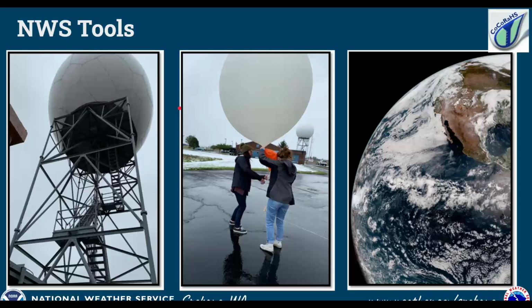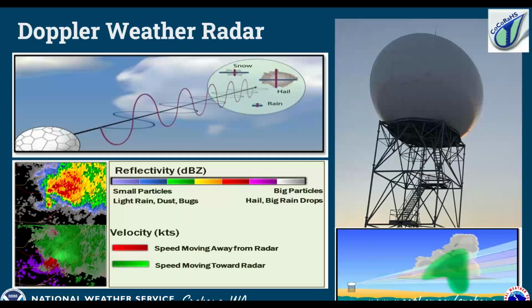So the National Weather Service has lots of tools that we use to monitor the weather and take weather observations. And the main ones I want to talk about are the ones that we use quite a bit to assess the atmosphere and find out what kind of precipitation is falling. One of the main tools is our Doppler weather radar. And that is located right outside our office, which is on Rambo Road on the West Plains west of Spokane. Looks like a giant soccer ball on stilts. But inside this ball, we have a giant dish that's rotating and scanning the skies and looking for precipitation.